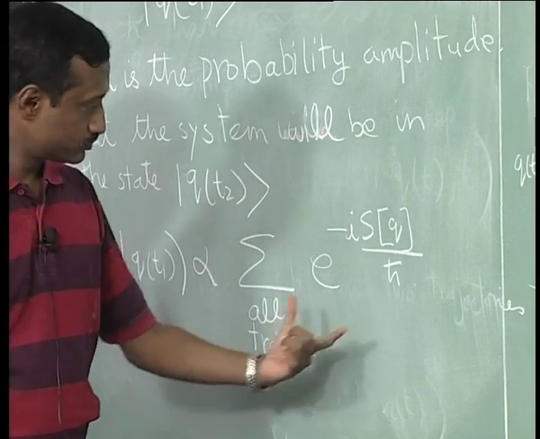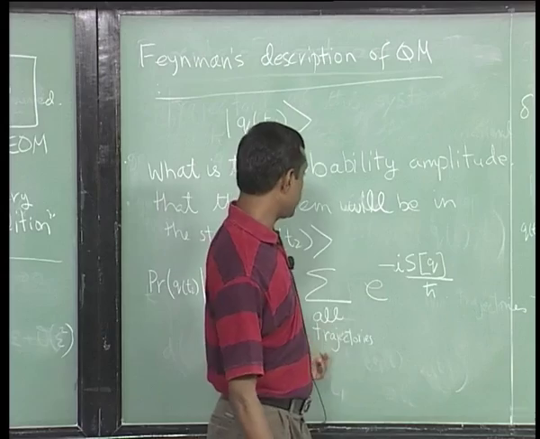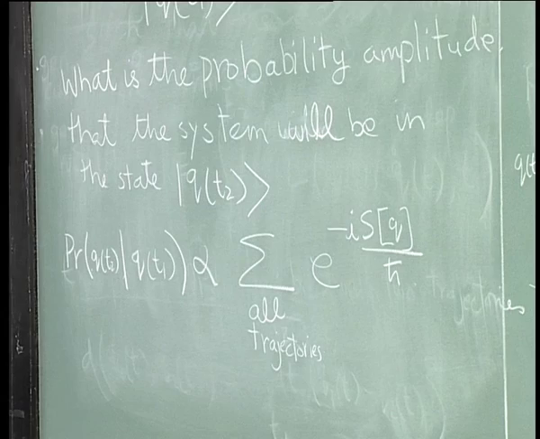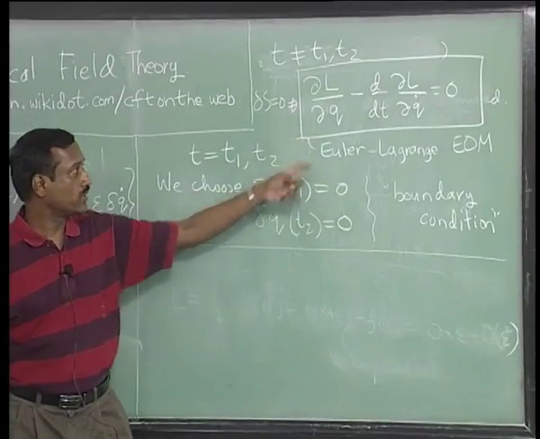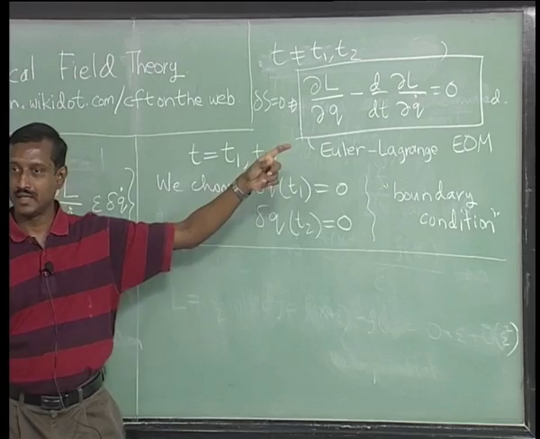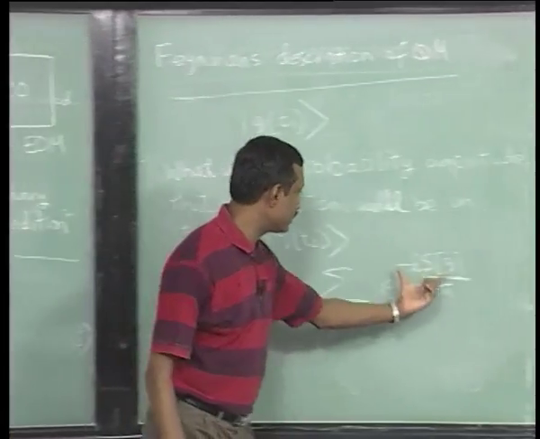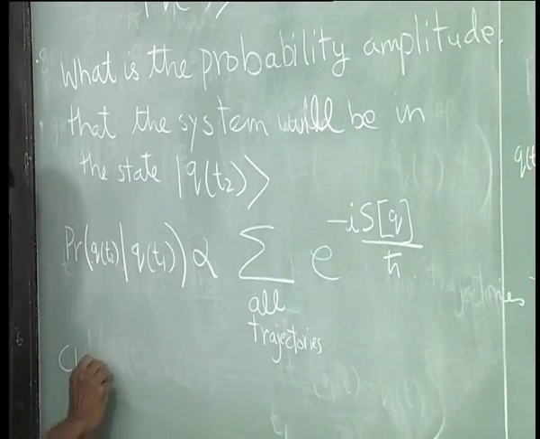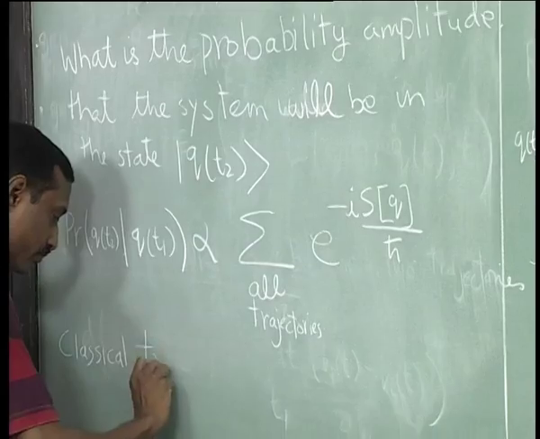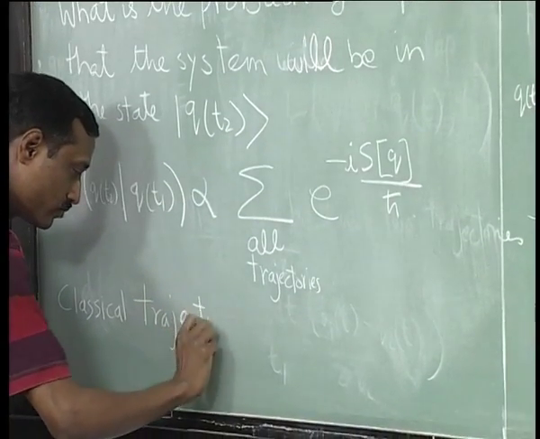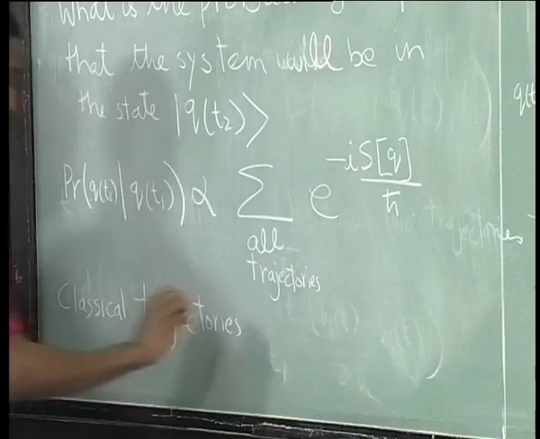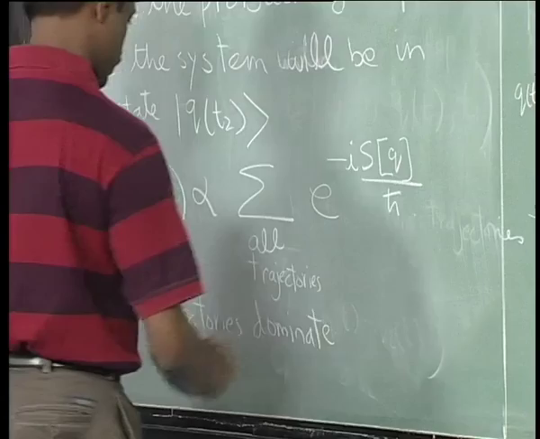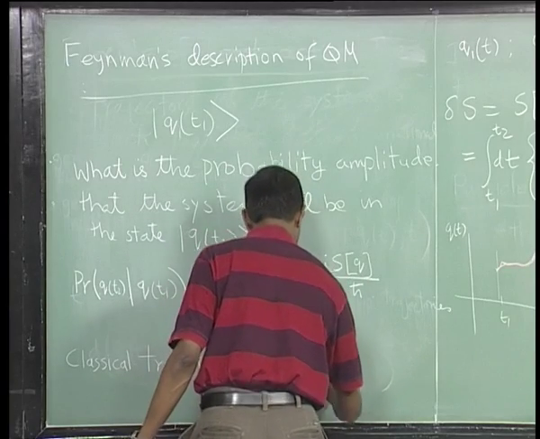So, the statement here is that actually all trajectories contribute. So, you may ask, what is so special about the solution of this. Okay. So, roughly speaking, this gives the maximum contribution. So, the classical trajectories dominate the above,